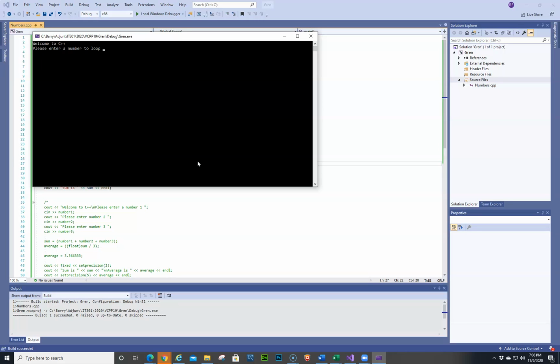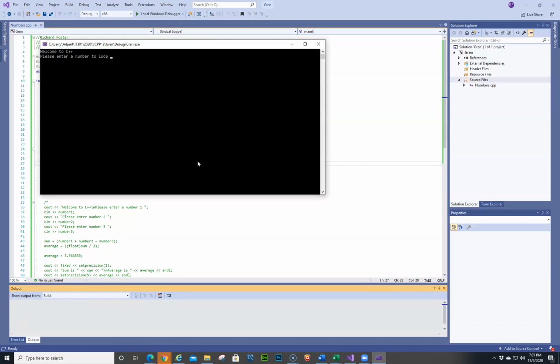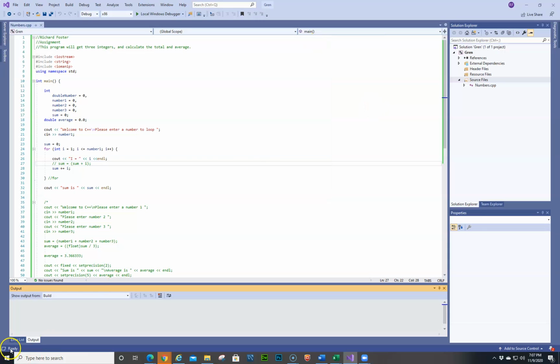All right, so let's do 10 and see what happens. So the sum is 55. And let's see what it is for the first 250 numbers. Well, in case you wanted to know, it's 31,375. Okay. All right, so I have been throwing stuff at